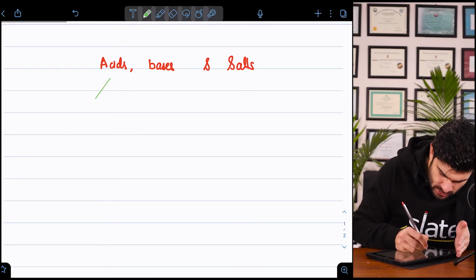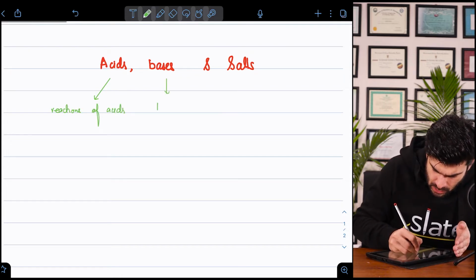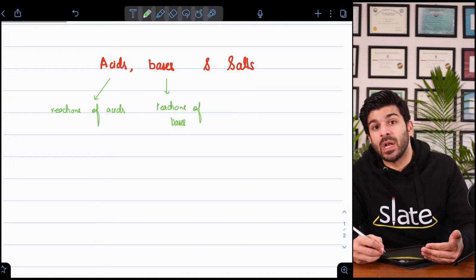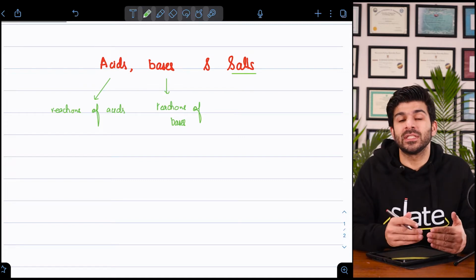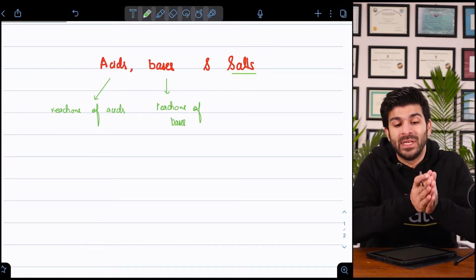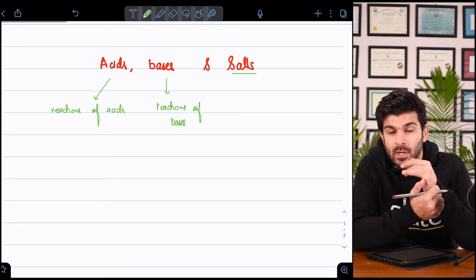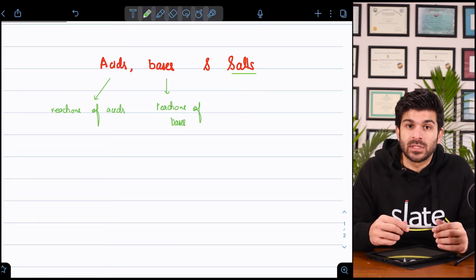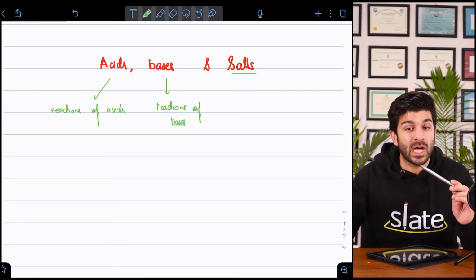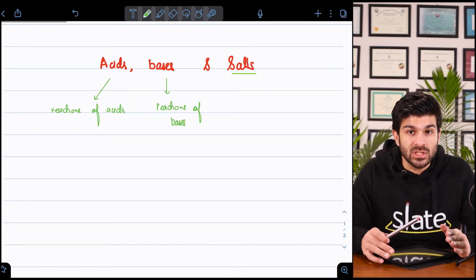For instance, the reactions of acids, the reactions of bases, and obviously their types as well. But most importantly, when we talk about salts, there are so many things that we need to look into. The types of salts, the preparation of salts. These are very important topics, students, because it's not just that you're going to get questions regarding these ones. It's just that the questions that you're going to get